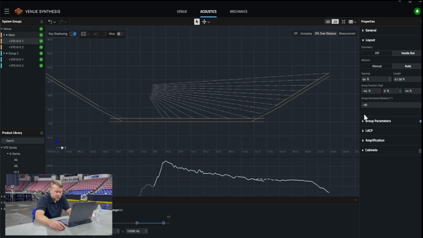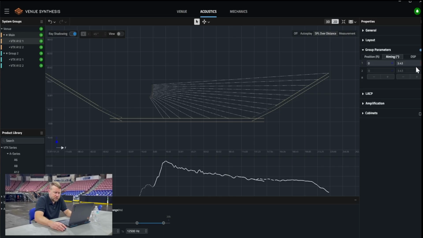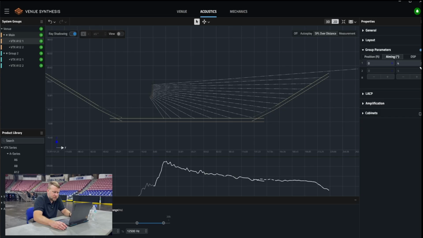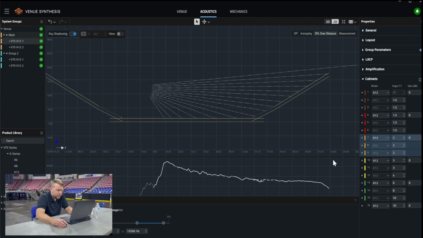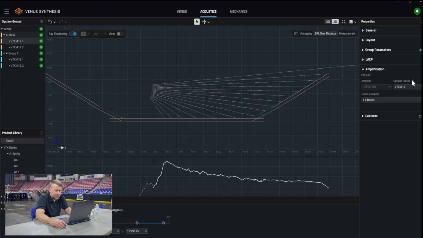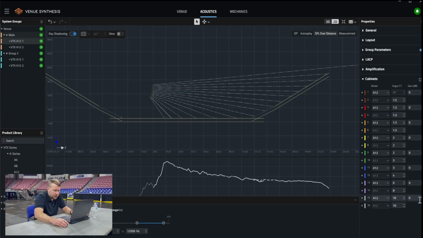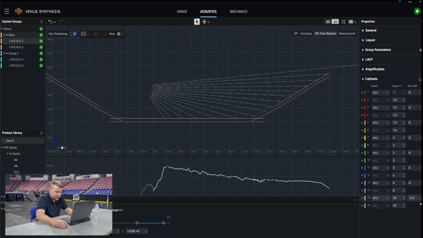We are going to add just a little bit of overshoot to this. Try and cover that top region just a bit more. Come back and look at our amplification. Everything we're doing is in 2 box zones. We can look at, if we drop this off a couple dB here,